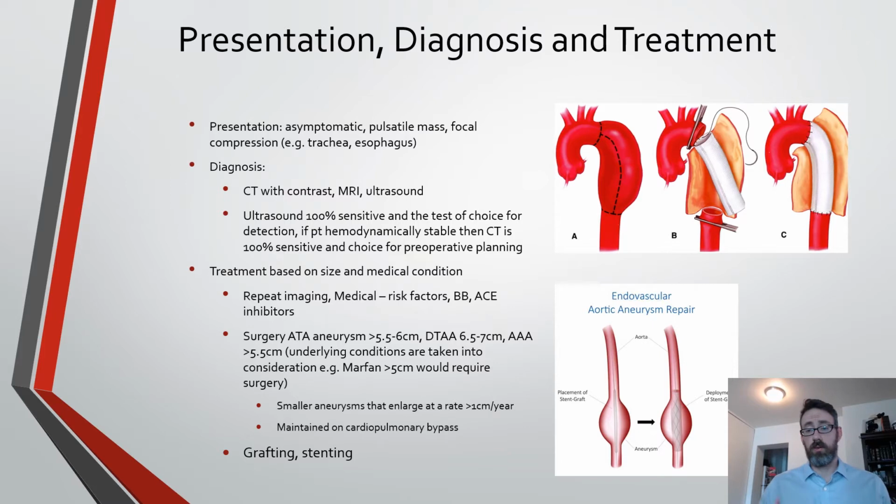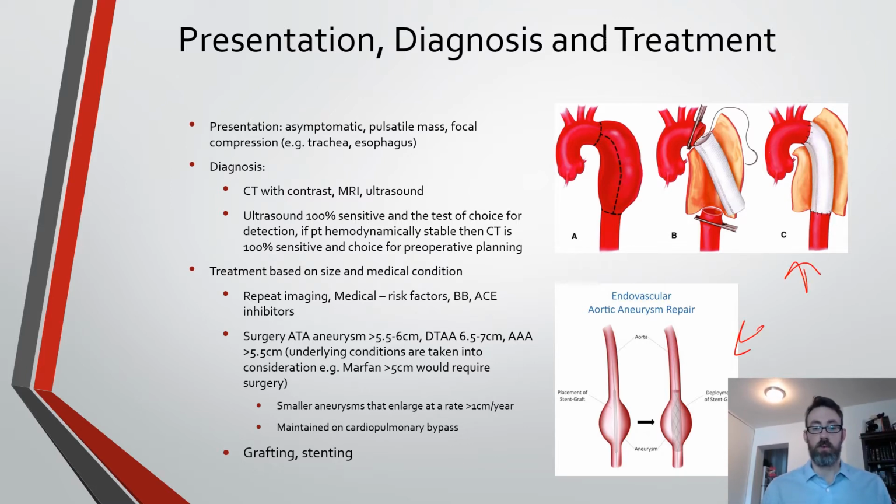Now, there are other reasons they might do surgery if they don't quite meet that size criteria. So for example, a smaller aneurysm that's enlarging very rapidly. Okay, so I put down here about one centimeter per year. All right. Now, in terms of the surgery itself, you have really these two options, which I'm showing you here